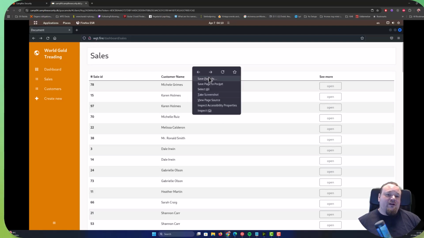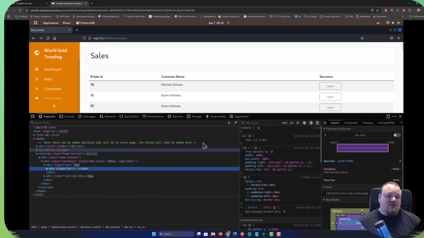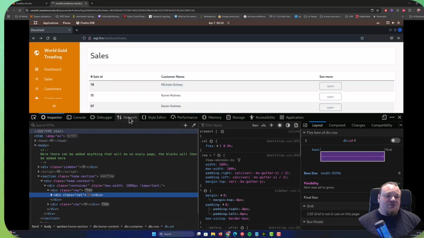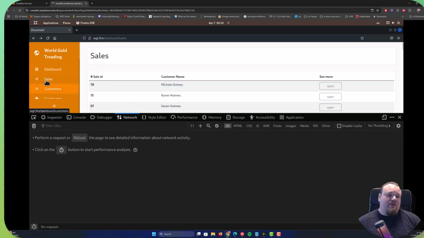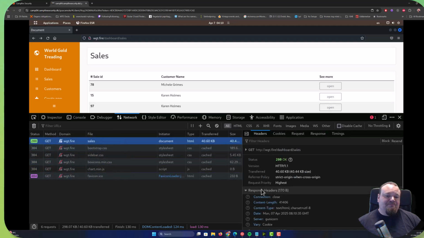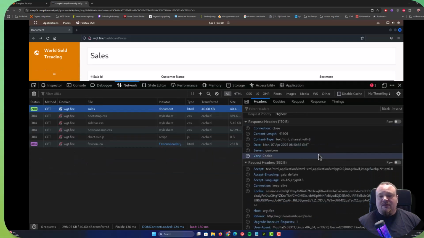I believe we can go ahead and just right click and press inspect and zoom in a bit. And I want to check out whatever request I get when I click on the sale. And that's a GET request. That's not surprising. A lot of other things are also loaded, which doesn't really matter. When I click on that request right here and scroll down a bit, we see the actual request